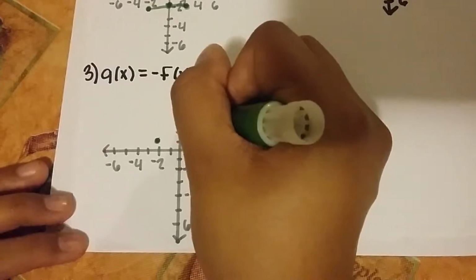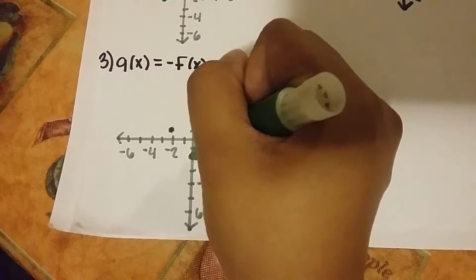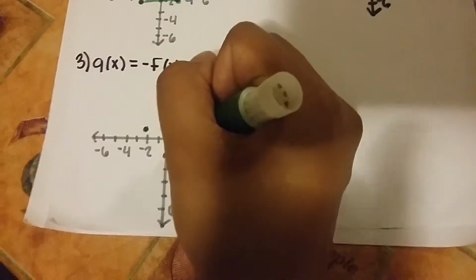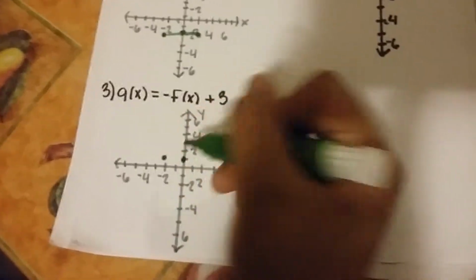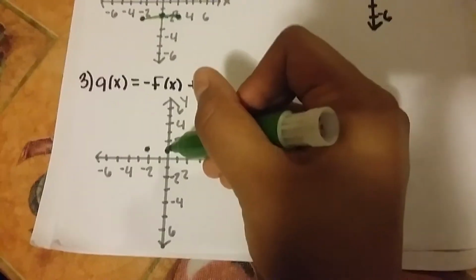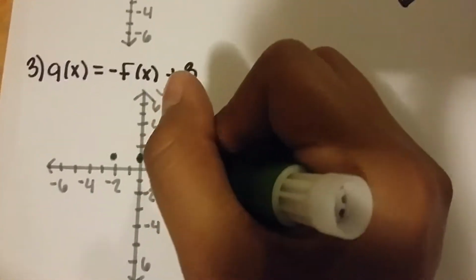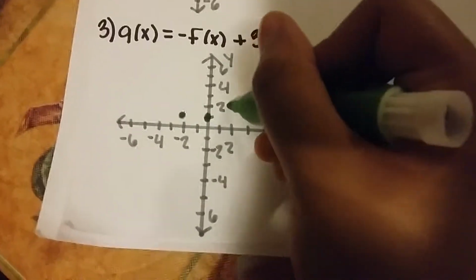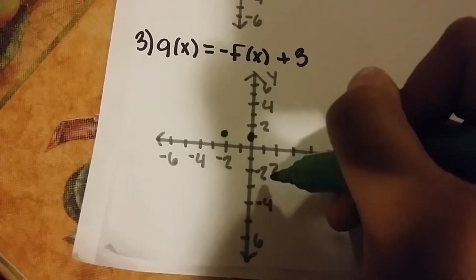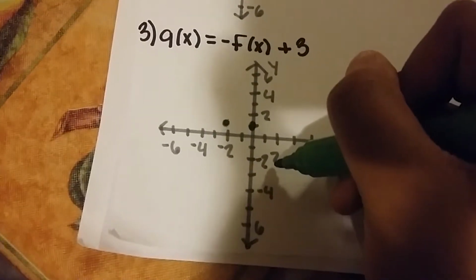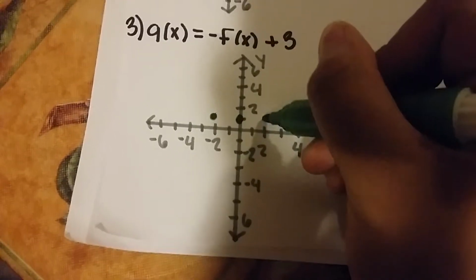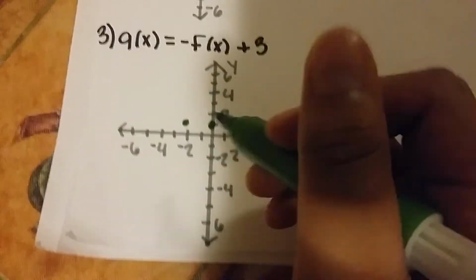You will reflect it across the x-axis to have 0, negative 2. Then you move it up 3 points, 1, 2, 3, and you will have it at 0, 1. The third point you have at 2, 2. You reflect it across the x-axis to have positive 2 and negative 2. Plus 3 is 1, 2, 3,